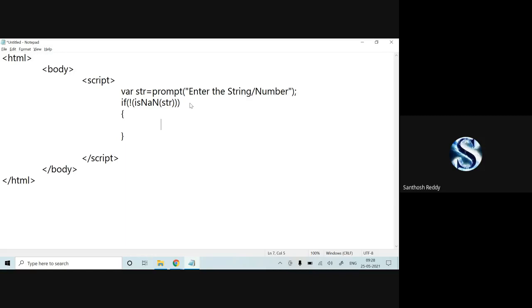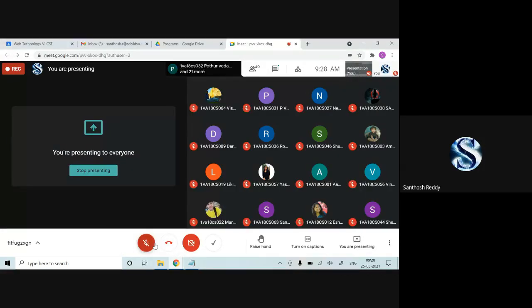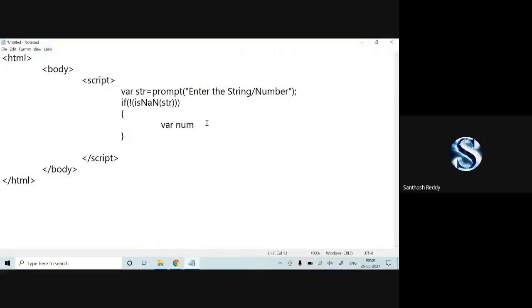So if it is a string, here var num, comma, what are the variables I'm declaring here: reverse is equal to 0 and remainder. Then I'll give a semicolon.